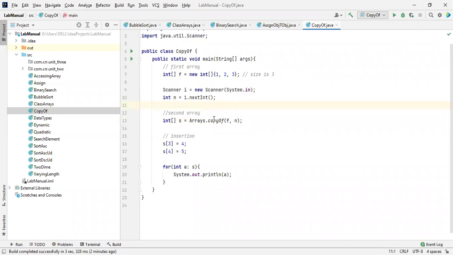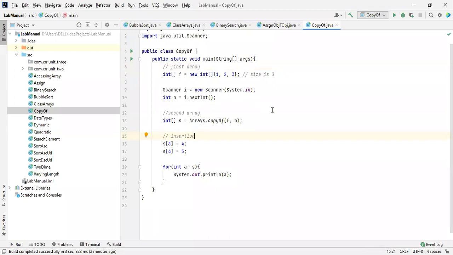So if we know about the copyOf method inside the Arrays class, we can do whatever we want, which is a very useful one, because every time we are not going to initialize the values. If there are 10 arrays inside one program, it is not good programming to initialize every time. You have to use the particular method to copy each and every element inside the first array.